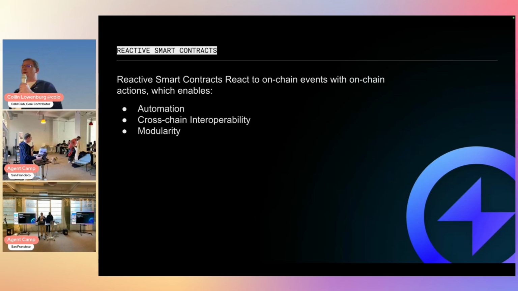So yeah, reactive smart contracts interact with smart contract events on-chain with on-chain actions. Reactive smart contracts are written in Solidity, deployed to Reactive Network, and can subscribe to events that are emitted by smart contracts on all major mainnet chains like Ethereum mainnet, Base mainnet, BNB Smart Chain mainnet, and others like Avalanche. You can subscribe to those events and you can emit the callbacks. This allows you to do some cross-chain interoperability and some automations.